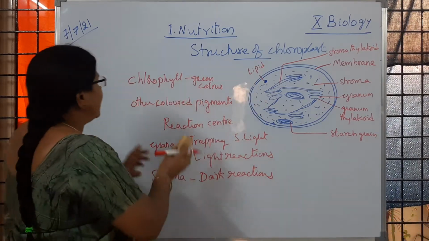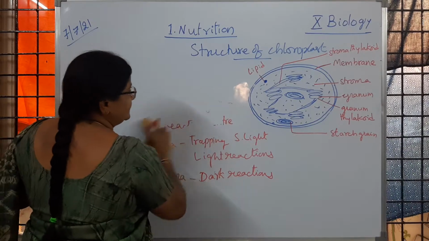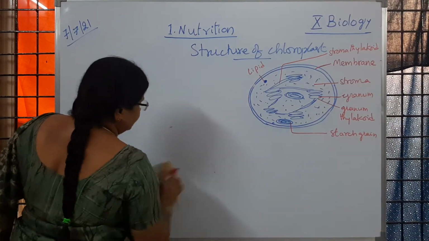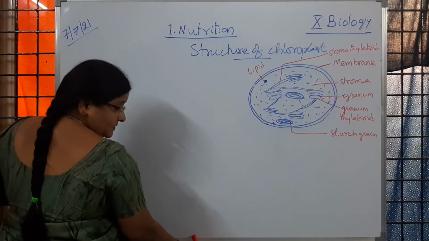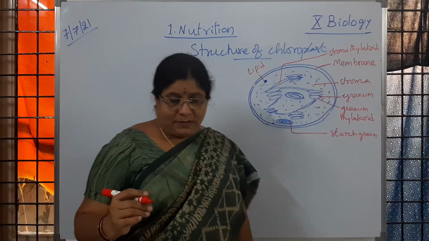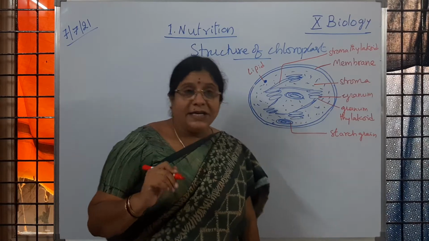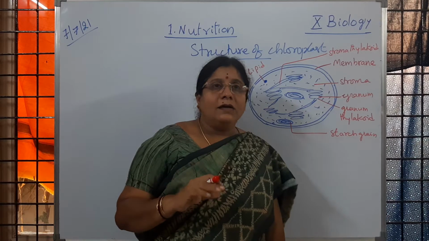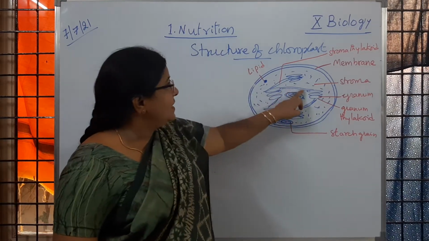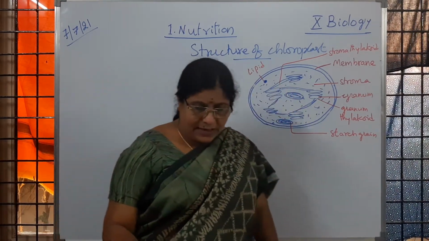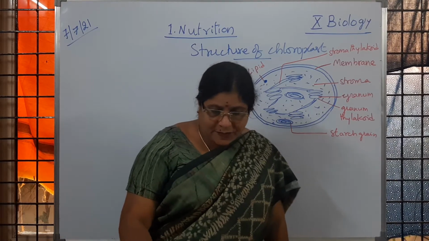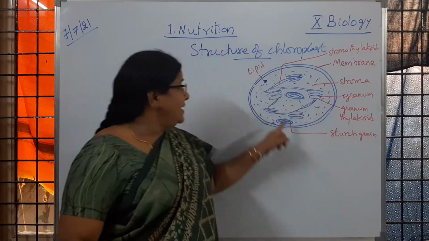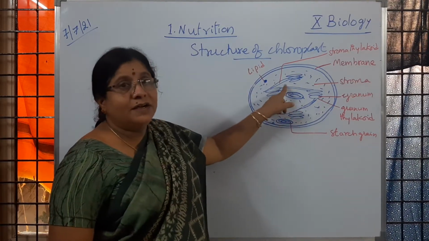Now coming to the other points. So where do we observe chlorophyll? Chlorophyll, you know that it is a pigment, and this pigment is present in the membranes of the thylakoid membrane. Okay children. So where is it present? It is associated with or present on the thylakoid membranes. Is it clear to children?